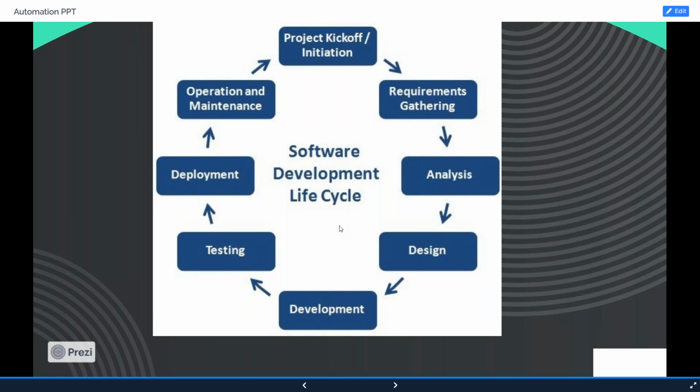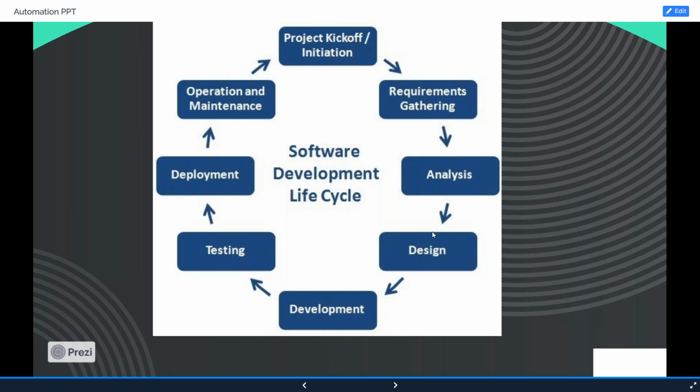And when it comes to the analysis phase, we are analyzing how much effort we need to spend for developing this project, and if there is existing code for this project and the requirements are matching, like if there are similar requirements, then how much time we need to modify it so that we can deliver the same product. Clear? And what software and what infrastructure we need to use will be decided in the analysis phase. Once everything is done, then they design the wireframes, mock UIs, and the respective screens,